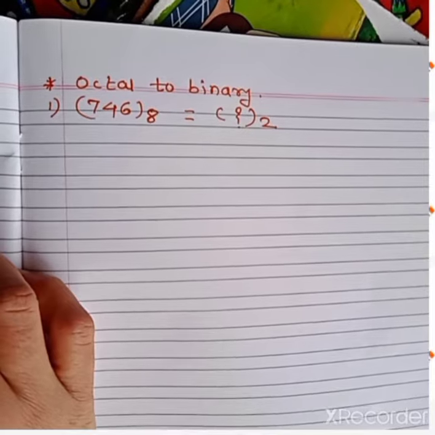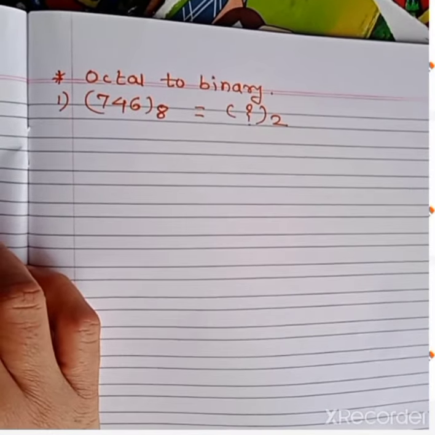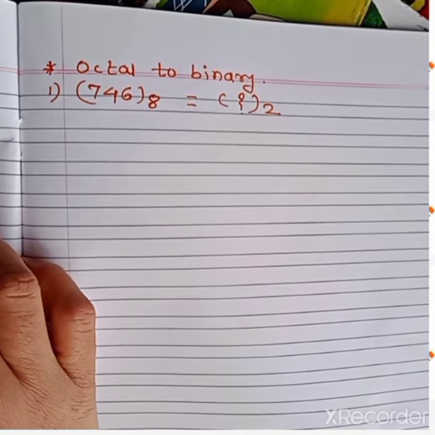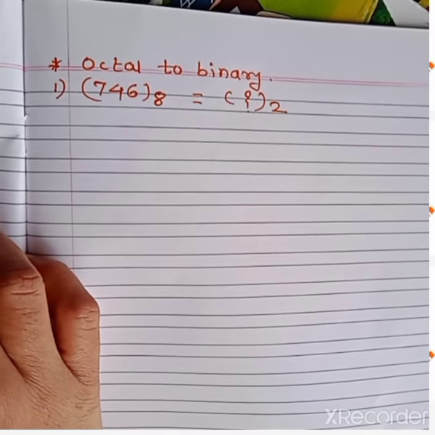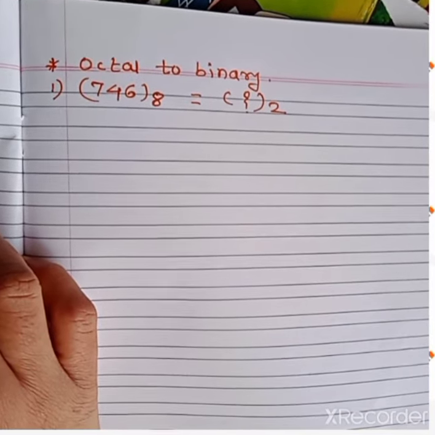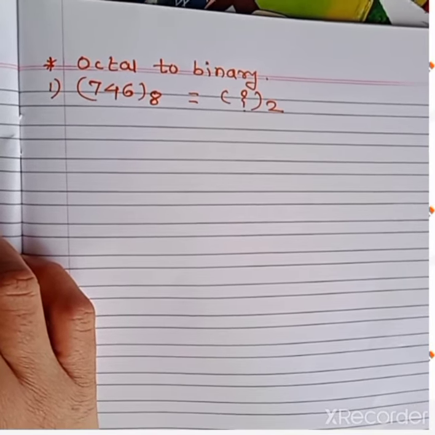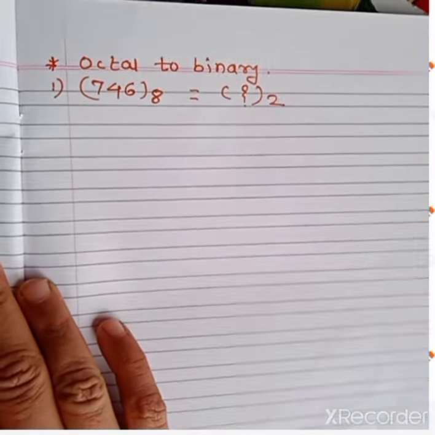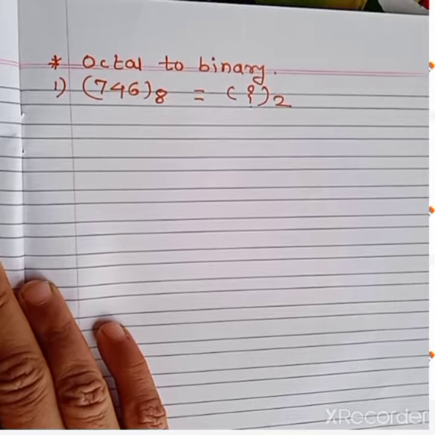In the last lecture, I taught you how to find 2-bit, 3-bit, 4-bit binary. Hope you have understood. So first make all the tables for 2-bit, 3-bit, 4-bit binary in your notebook, compulsory. Then and only then will you come to know how to do this conversion, octal to binary.